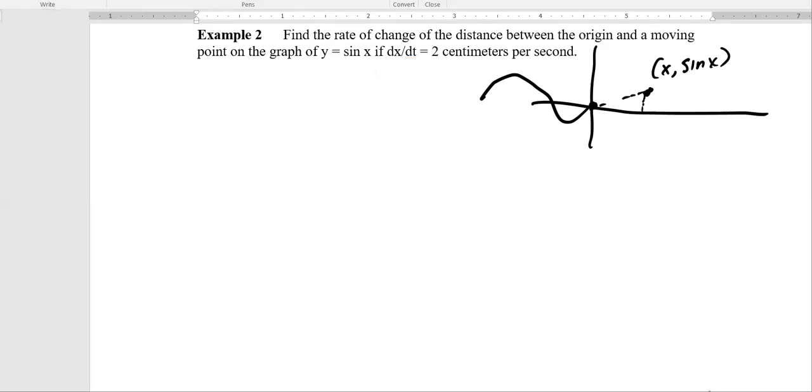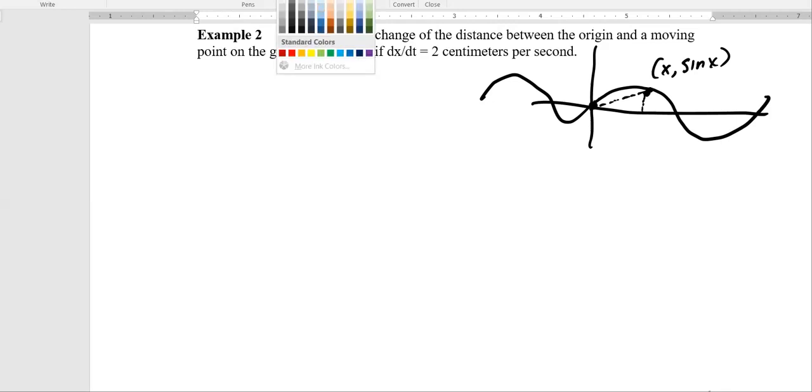Okay, let's get that back in there. Okay, there's your sine wave. x, sine x, and we were just talking about that. Let's see, okay, so there's our color. All right, now that distance we can call it L,